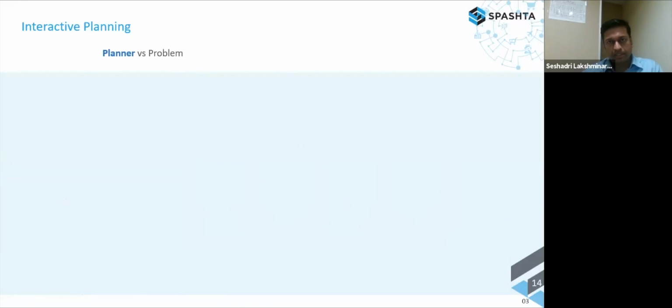The first point I just want to mention here is the fact that in planning, the planner's decision making comes in pretty strong, which is why interactive planning is important. So this leads to why interactive planning is important. Why not just have a system do the plan? Why should the planner even interact with the system? But the planner's decision making comes in very strongly. Number one,